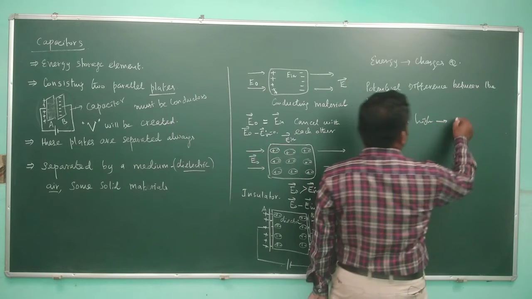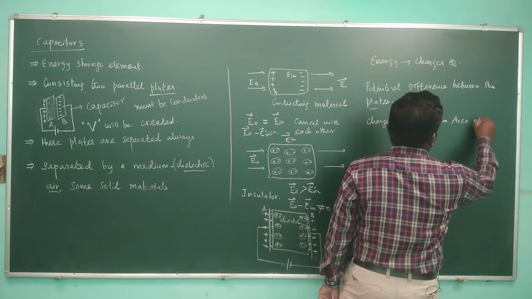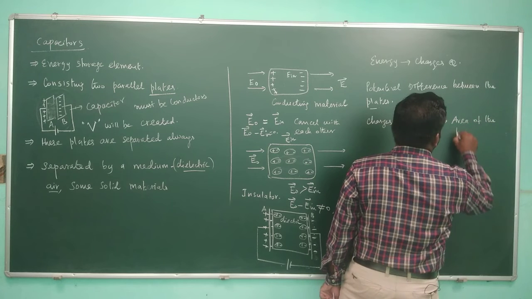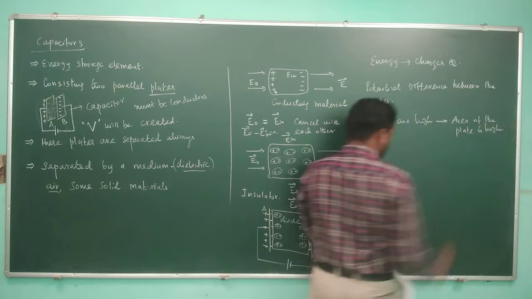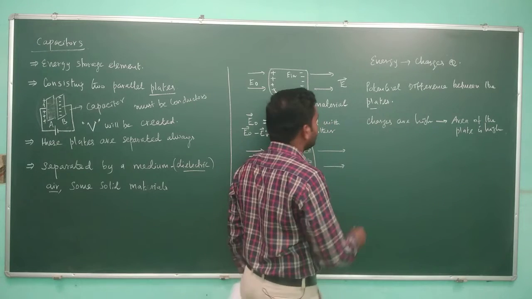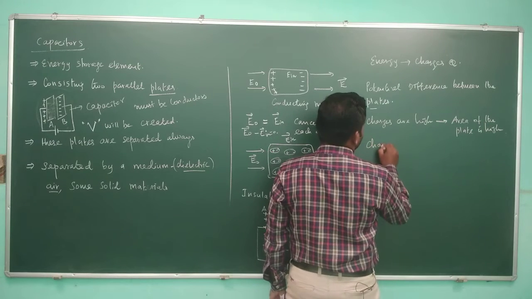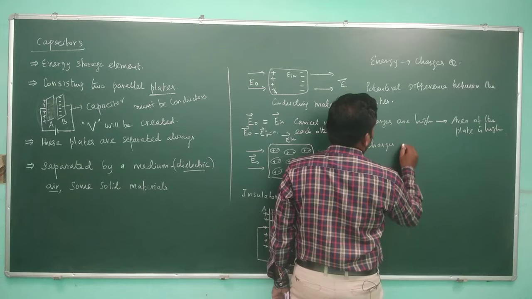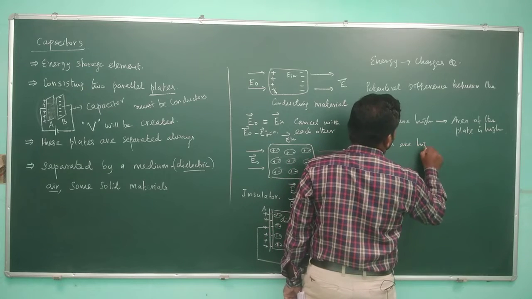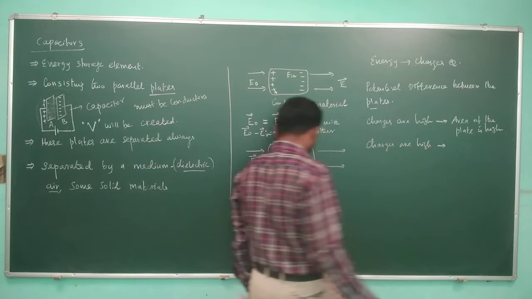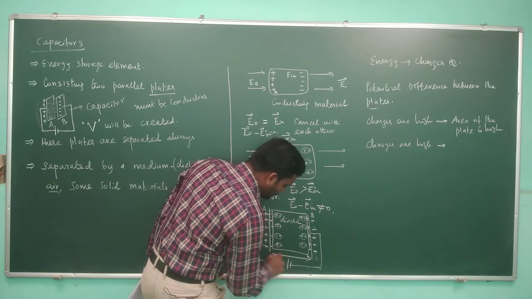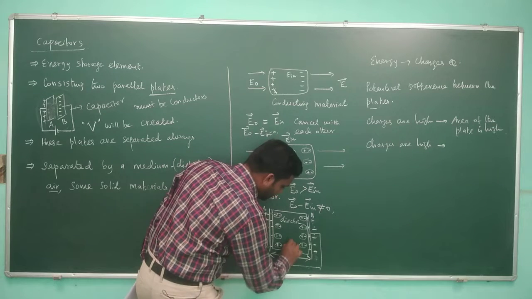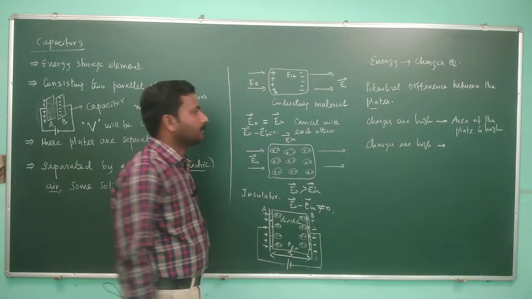These charges are high when the area of the plate is high. Another case, these charges are high when the distance of separation between the two plates, which we can term as D,